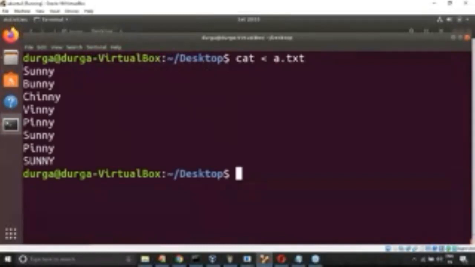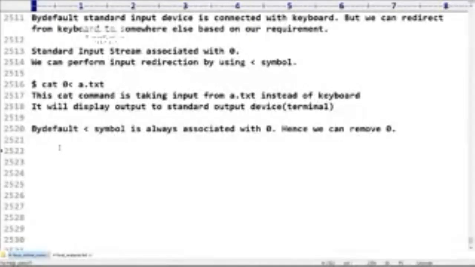Yes, are you getting it? Respond. Everyone in the position to understand this? Not required to give any explanation, right? Okay. Even in input redirection, the less than symbol is also optional.